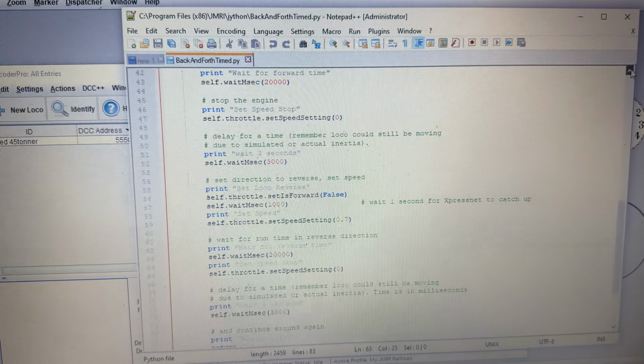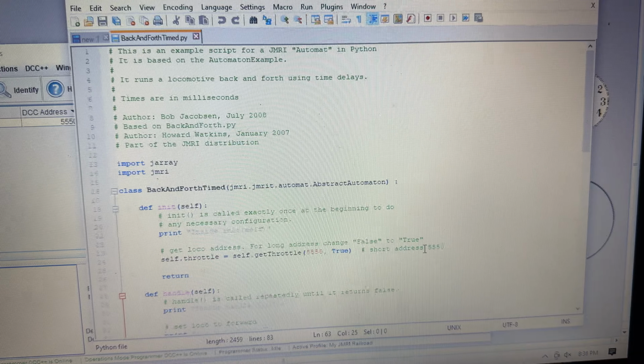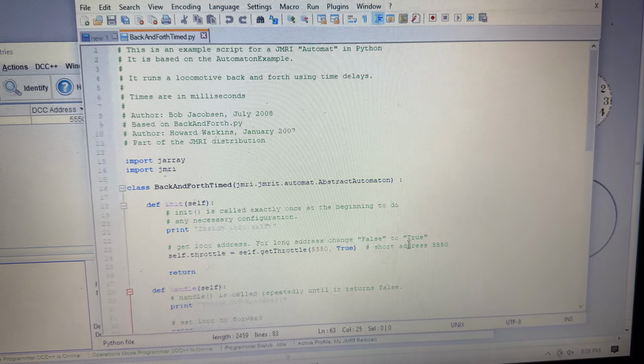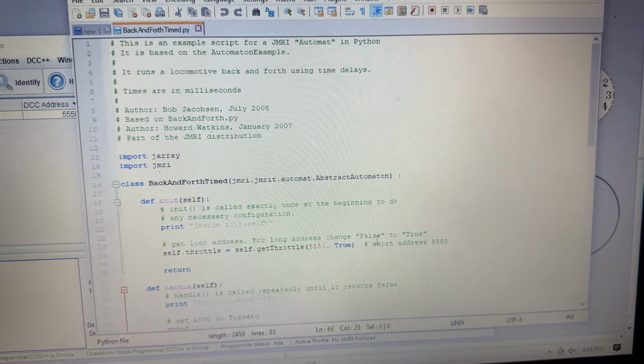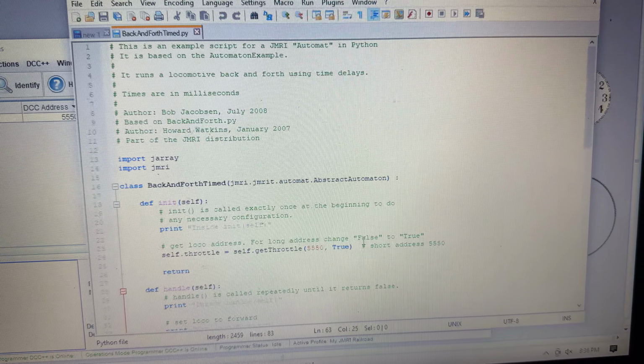See, short address, it's saying short address now is 5550, but that's really a long address because I changed right here. It says get local address. For long address, change false to true. And that's talking about what's in between these parentheses here. So this is the address, and true is for a long address. If you got a short address like 55 or something, you can keep it, that's false. And then you're ready to go,